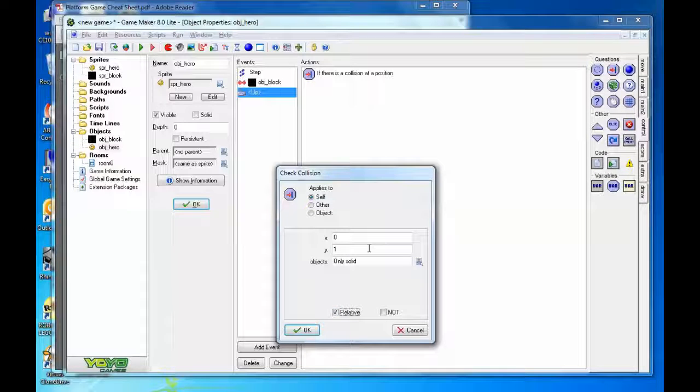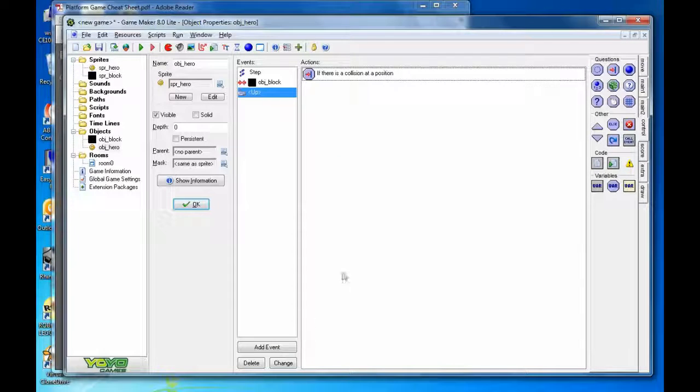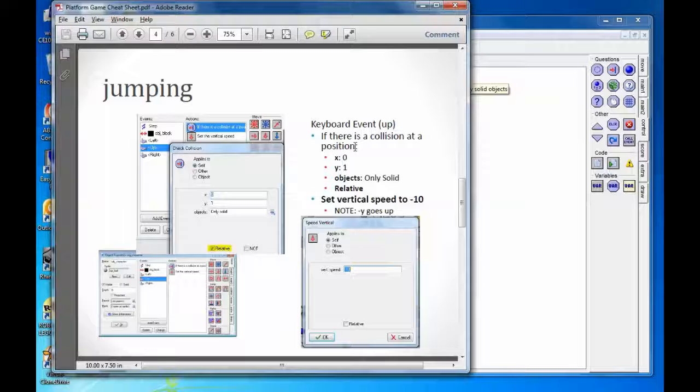Okay? So it only applies to solid objects. And remember that block was solid, so this will work. Click OK. So if there's a collision at a position, then we're going to be able to jump. So what we're going to do is set a vertical speed of -10. Okay? By setting a vertical speed of -10, at the first loop, vertical speed's -10, so it's moving upward at